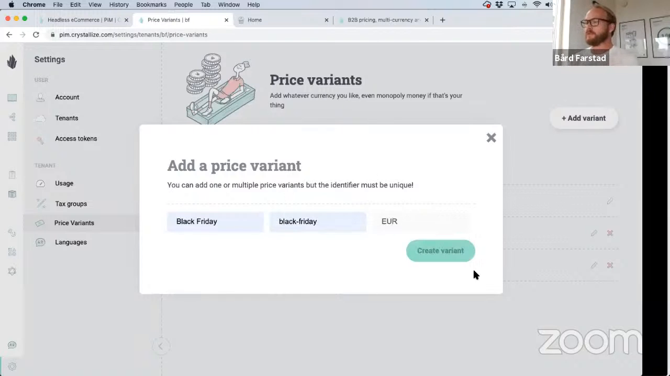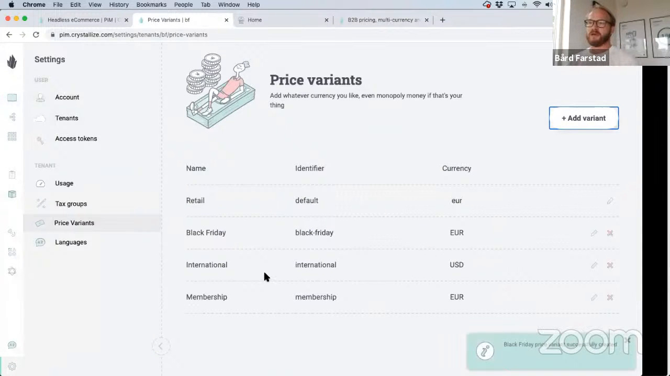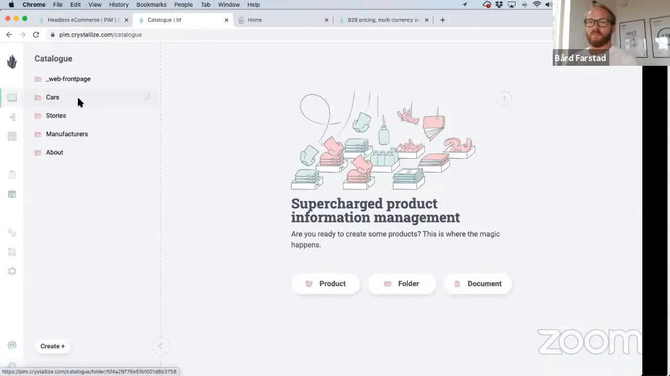And here you will be able to define special prices for special events or special occasions. So you can basically just add up any number of price variants. And once you've done that,